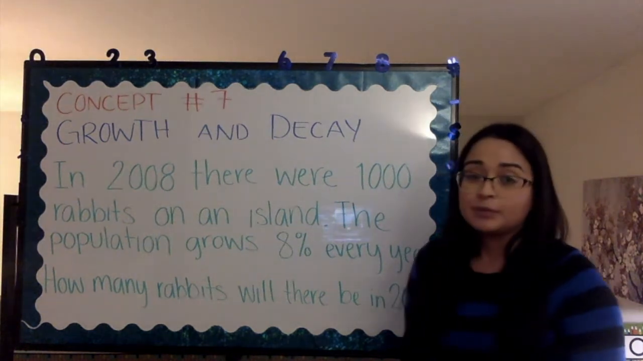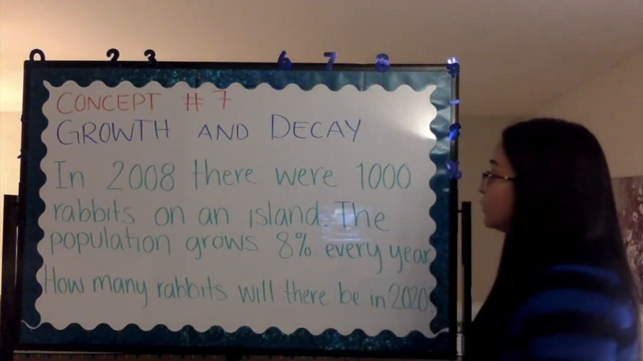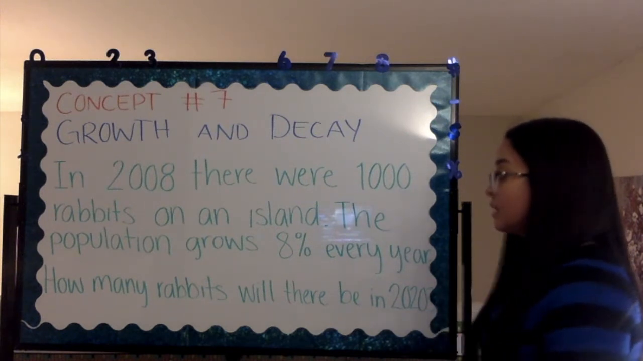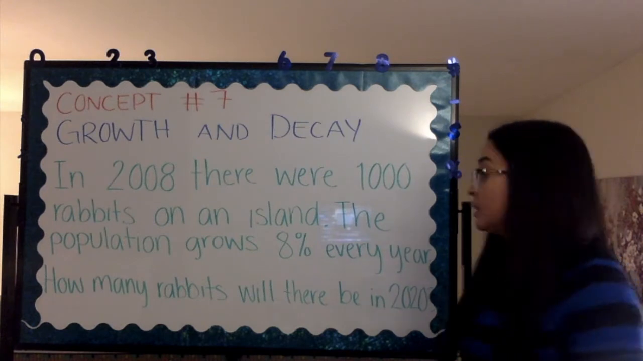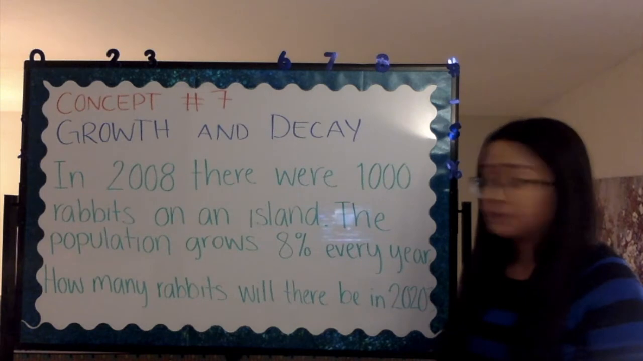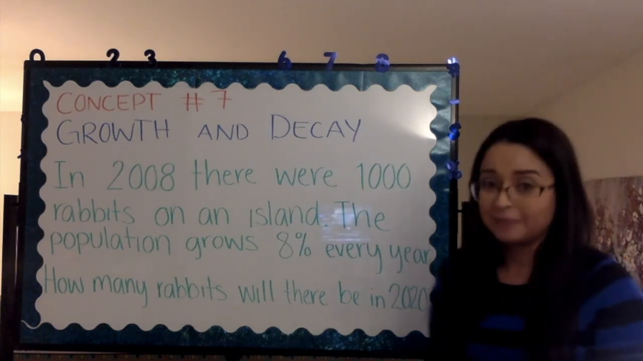Now for today's example we have in 2008 there were 1,000 rabbits on an island. The population grows 8% every year. How many rabbits will there be in 2020? Okay, so